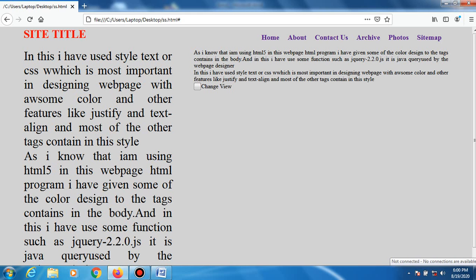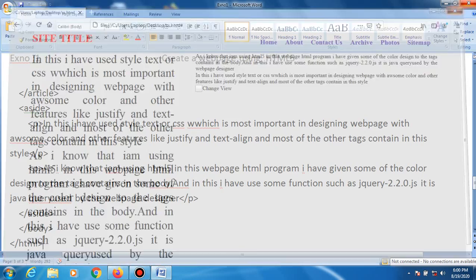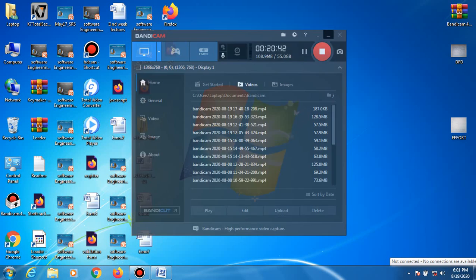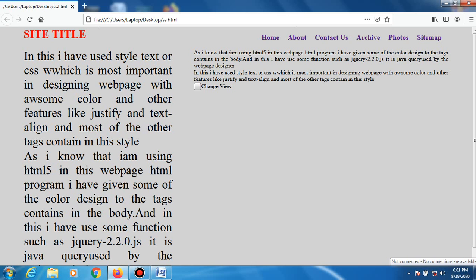This is the output of that program when you execute it. First you have to write this program in the notepad, then you save the file as .html, file name .html, and this file name may be changed like this.